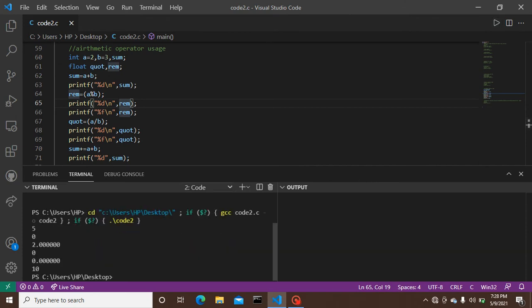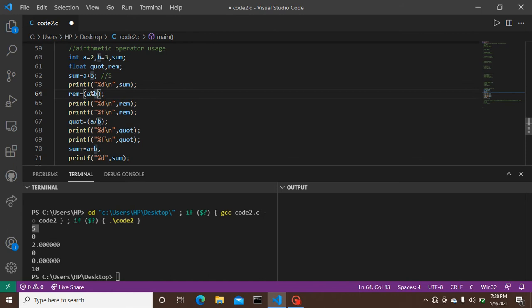What will be the output given by the compiler? Have a look at this. First problem, sum equals to a plus b. It is giving 3 plus 2, 5, as a mathematical expression gives, while we are providing the printf statement under sum. Let's have a look at this operator.